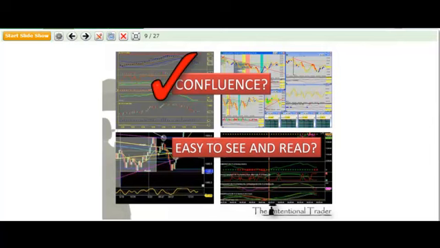But initially, when you look at them, are these signals? Is this confluence easy to see and read? The intentions of what your competition is likely to do next? Not so much. Not very easy to read at all. You need to be able to, at a glance, know exactly what your competition is likely to do next. If it takes too much study, you're going to lose a good piece of the picture.